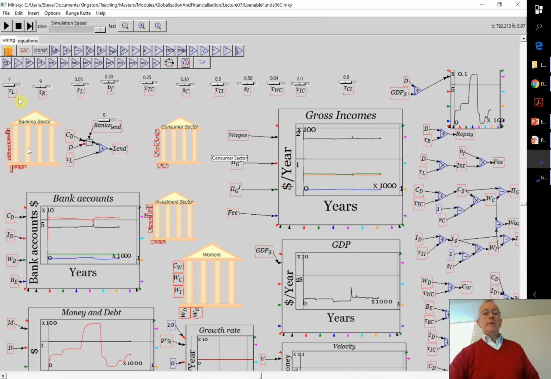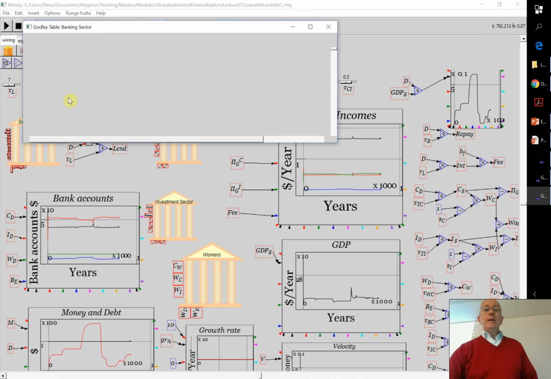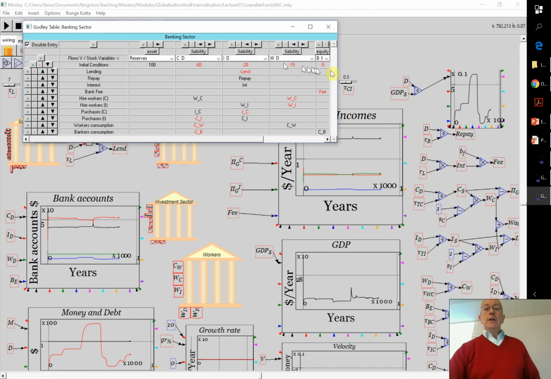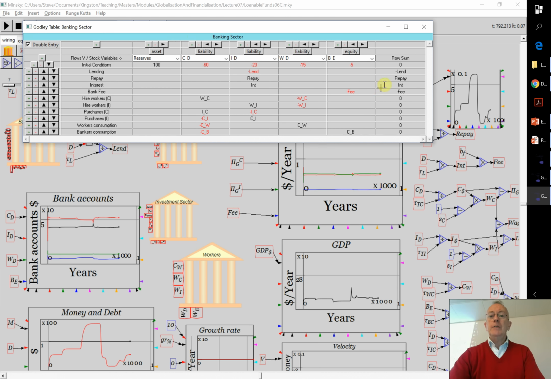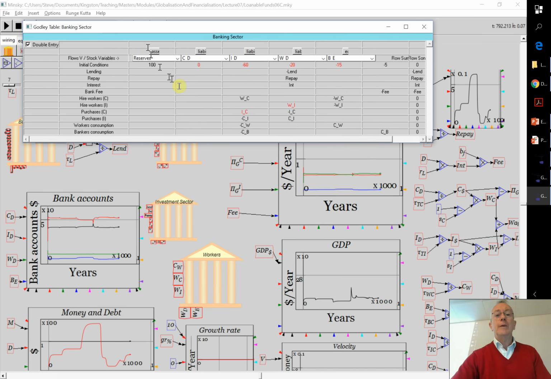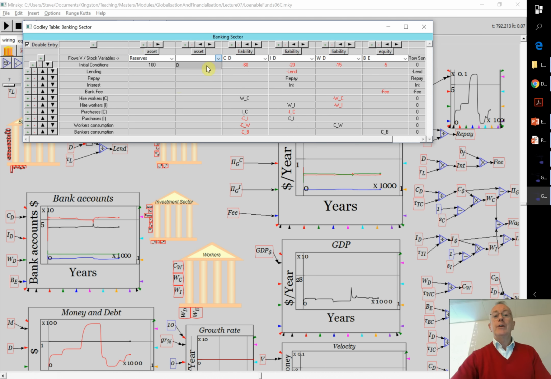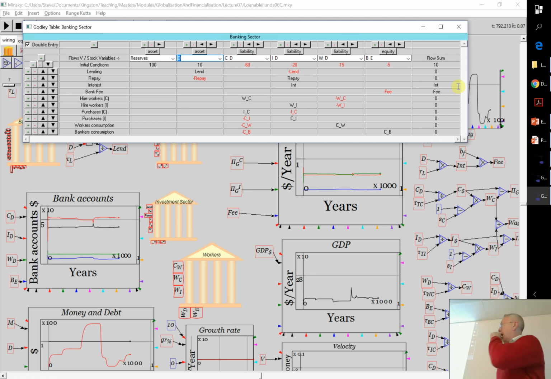Okay. And now I want to come across to the banking sector and say, let's just assume the bank lends money. So I'll come across to the asset here. Let's make that window a bit wider so you can see it more clearly. So now these four operations, because the transfers are still being shown as happening between the sectors, because I've deleted debt as an asset for the consumer sector, but I haven't deleted it as a liability for the investment sector. So Minsky still knows it's in the system. So if I now click here and say let's create an additional asset for the banking sector, what are the unallocated liabilities elsewhere in the system? It's debt. Then Minsky brings those operations across on the rows where they're defined.